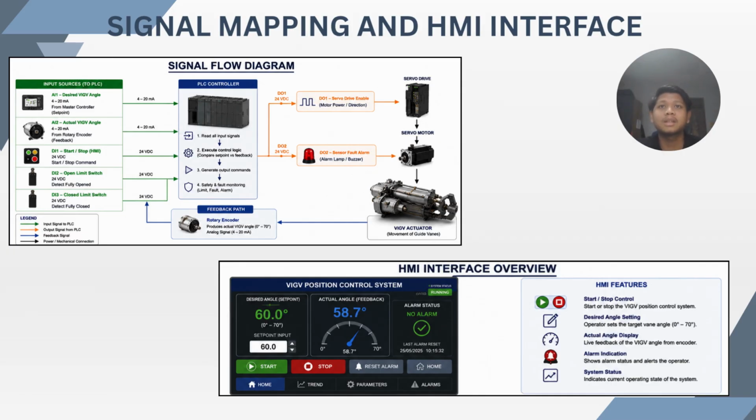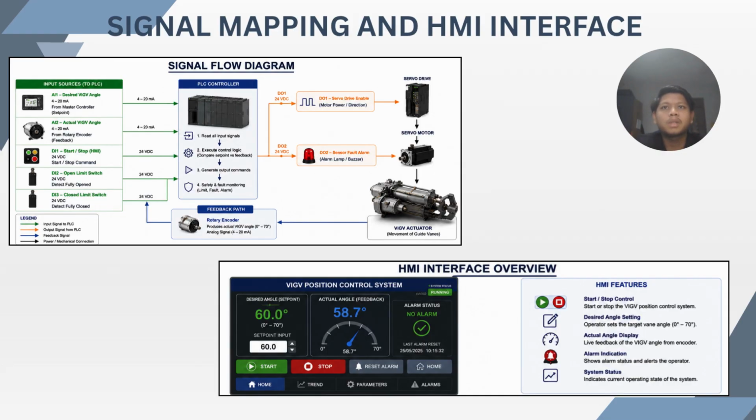Okay, next, this slide illustrates the signal mapping and HMI interface of our PLC-based VIGV position control system. So starting from the signal flow diagram on the left, the system begins with 5 input signals sent to the PLC. The master controller provides the desired VIGV angle, while the rotary encoder continuously sends the actual VIGV angle as feedback. And the HMI start-stop command and the open and close limit switches are connected as digital inputs for operation and safety. The PLC then processes all these input signals using the programmed control